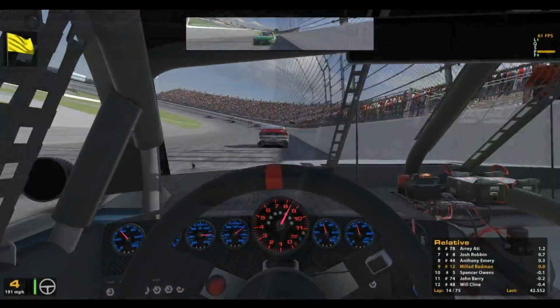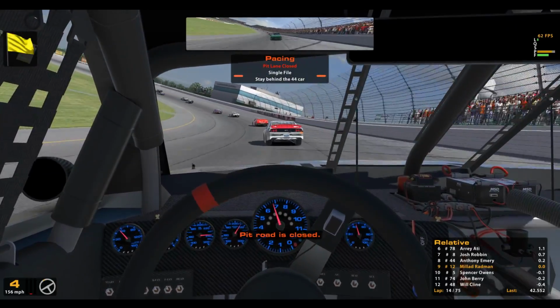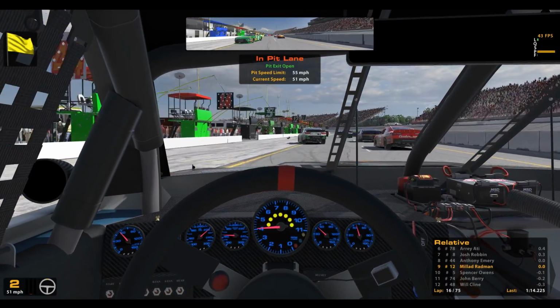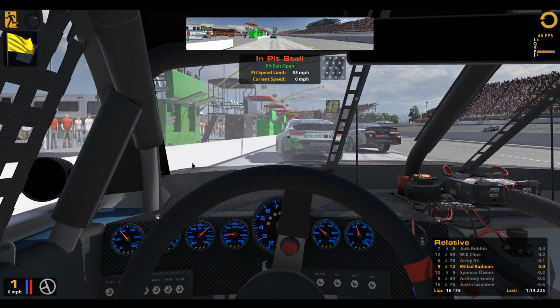Can't get on the throttle without it wanting to spin out, and the caution would come out on lap 14 as we run P9. So lose 2 spots on the initial start of the race, gain 3 back. And then we come down pit road. Now, we know we've been overshooting our pit stall, but we did a really nice entrance into our pit stall